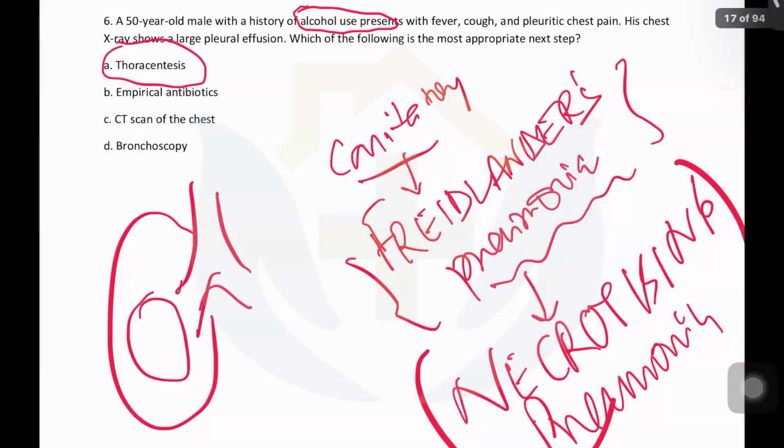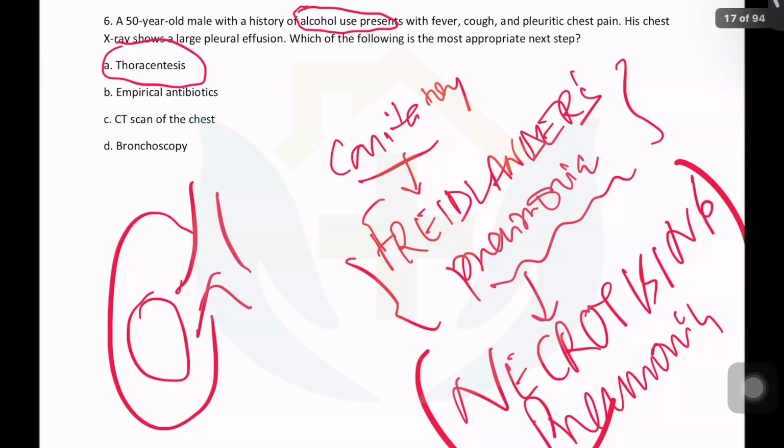So, actually, in sepsis, we go for the antibiotic first. Not like this, sir. Antibiotics, of course, you will give, but the most appropriate step is to take a culture first. If you need to take a culture, you need to take the tissue sample first. So you put in a needle, take out the pus, send it for culture and then give empirical antibiotic.